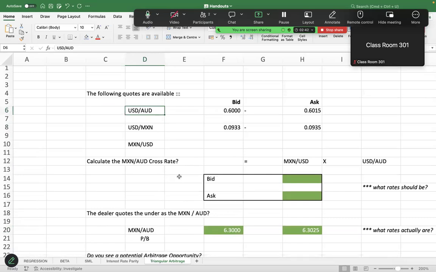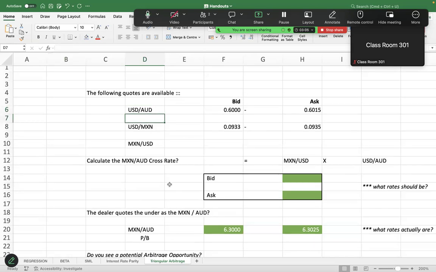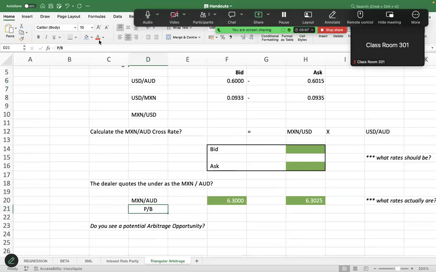The way I read this is PB. I apply the PB rule, where P stands for price currency and B stands for base currency. Remember, you are always trading in the base currency. You're buying or selling the base currency, which is denominated in the price currency. For example, if I apply the PB rule here, in the MXN AUD quote, the base currency is Australian